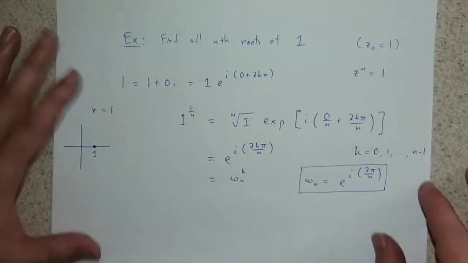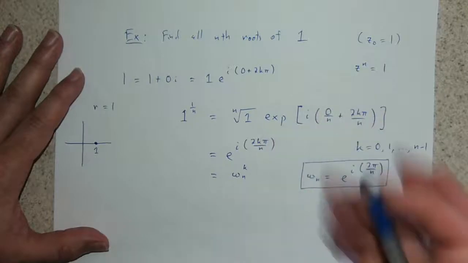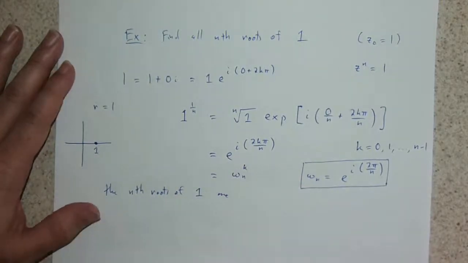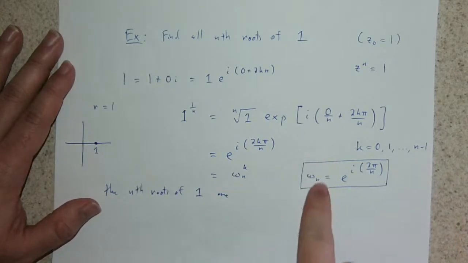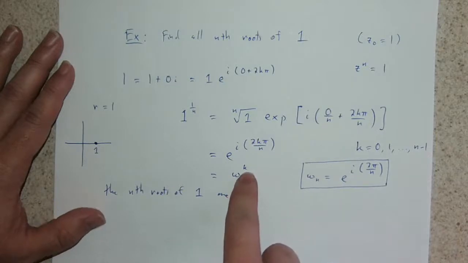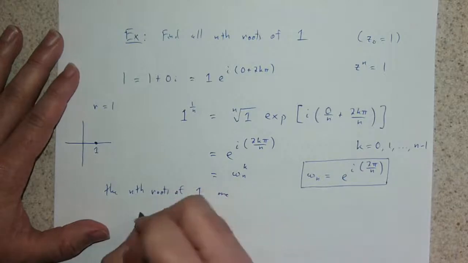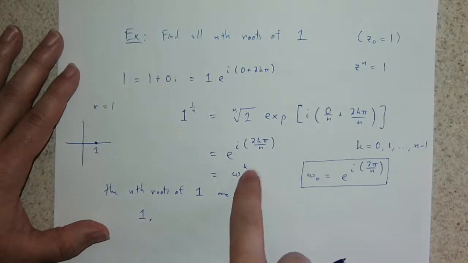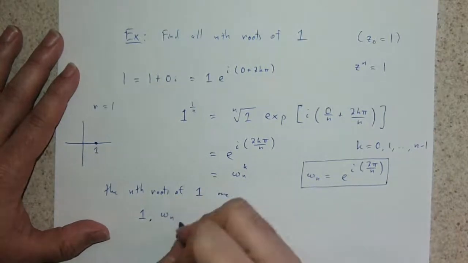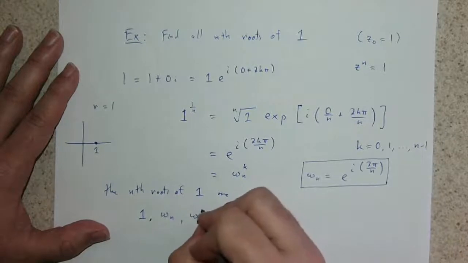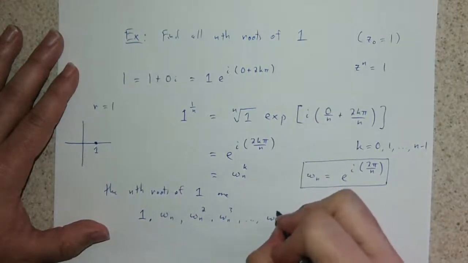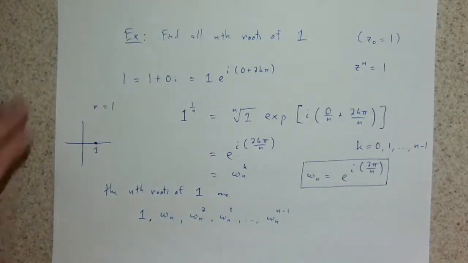And so what are the roots of unity, or the roots of 1 here? So the nth roots of 1 are the set, well, there's me taking the 0, right? This is when k is equal to 0 here. Anything raised to the 0 power is taken to be 1, so that's just 1. And then I would have k taken to be 1 here. So this is just e to the i 2 pi over n, which is just omega sub n. And then if I take k to be 2 here, this would be omega sub n squared, and then omega sub n cubed, and so on, all the way up to omega sub n to the n minus 1. Right? So those are my nth roots of 1,